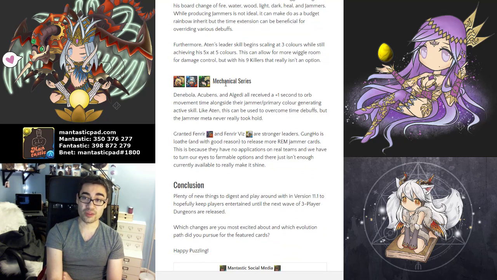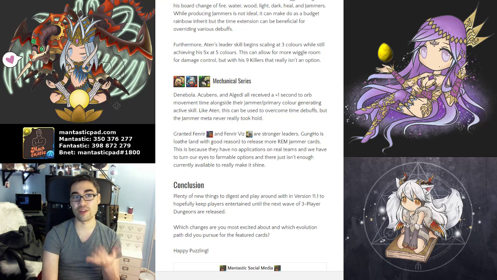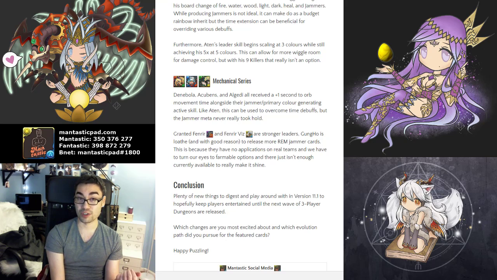Last but not least are the mechanical series, and Den, Ebola, Acubens, and Algeti all received a +1 second to orb movement time on their jammer / primary orb generating active skills. So this again can be used to override time debuffs, so a niche little application there, but the jammer meta does not take off because even though Fenrir and Fenrir Viz are stronger than they used to be, it's not something that's going to really take off because Gung-Ho is loath to release jammer creating rare machine cards, and